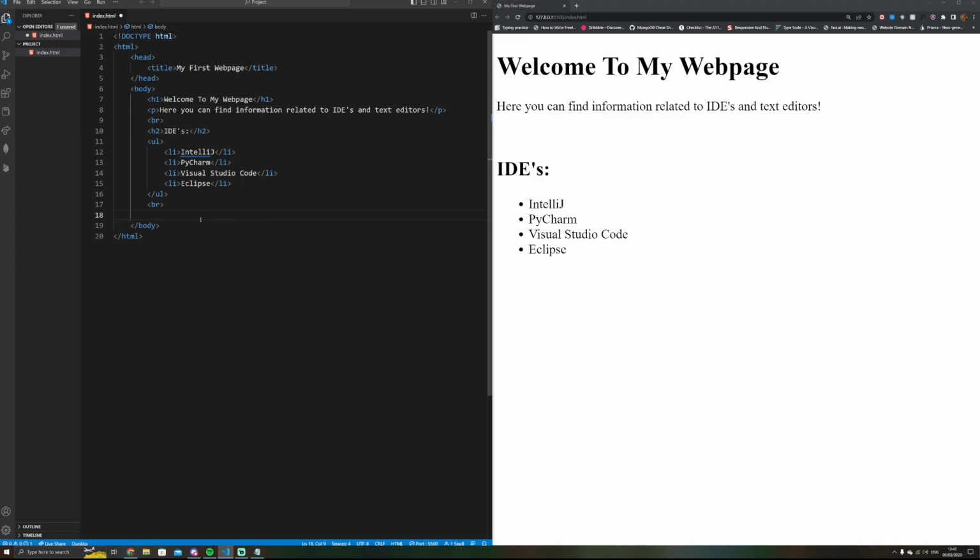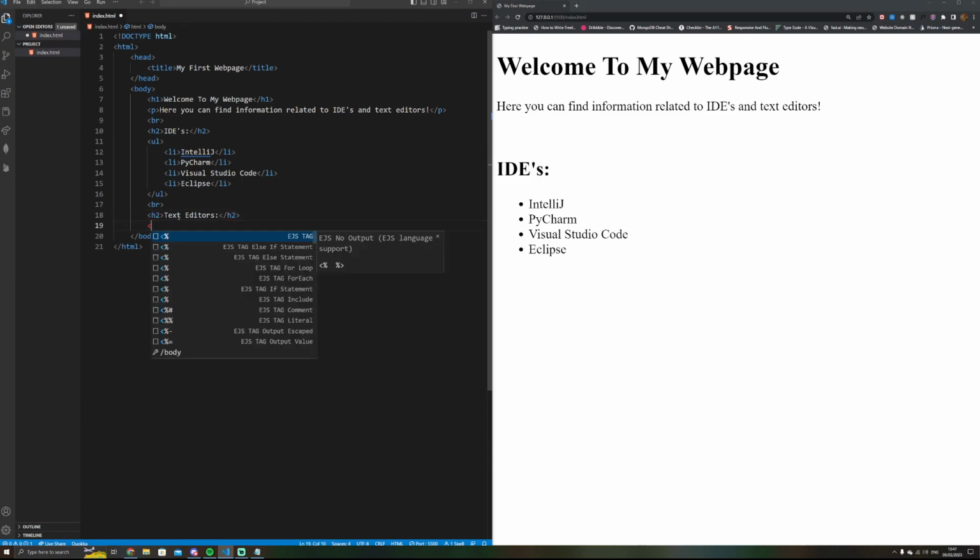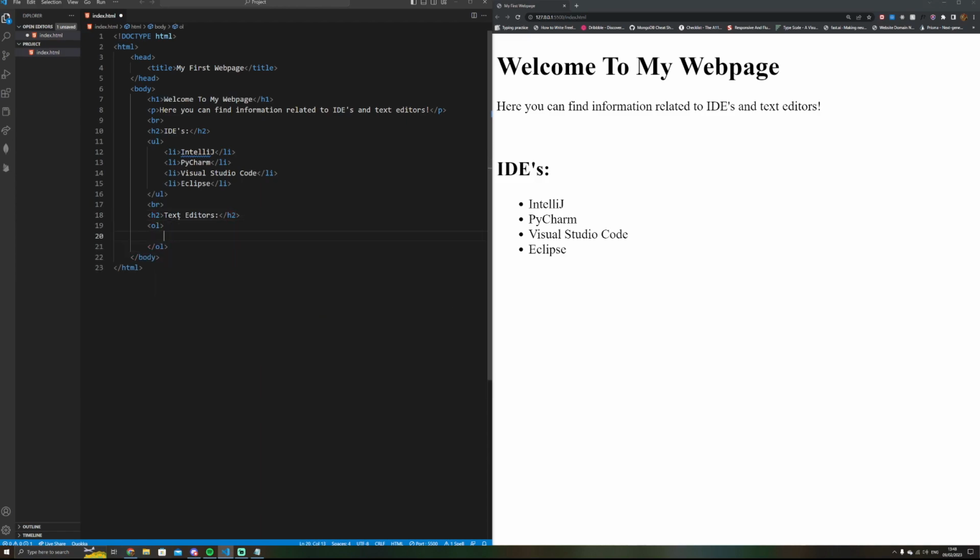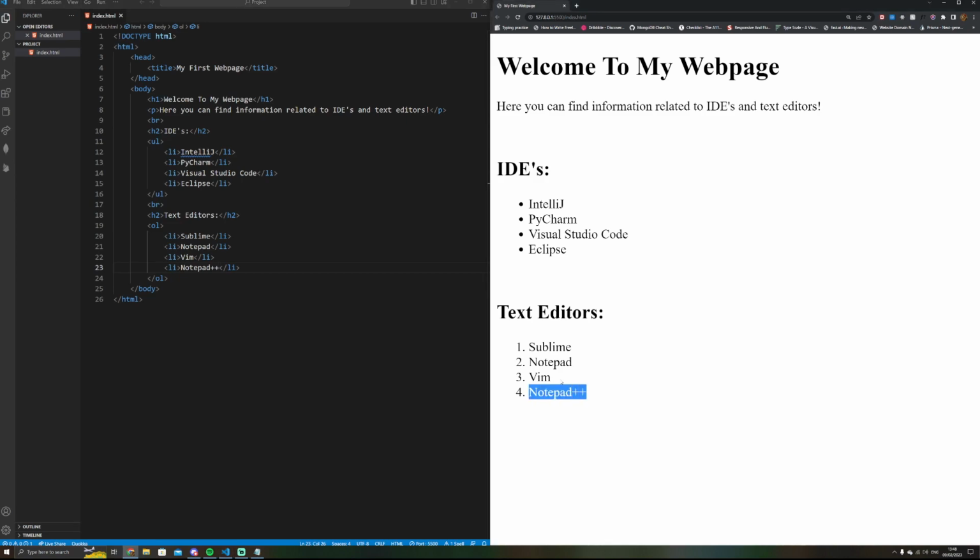And next up we'll have another heading, but this time instead of the UL tag, I'll use the OL tag, which basically stands for ordered list. The difference being that instead of representing the list items with bullet points, it will use numerical values instead. So the first item in the list will be 1, the second 2, and so on. So let's not forget to add our list items as well. So let's save, and as we can see, both of our lists are being displayed onto our web page, which